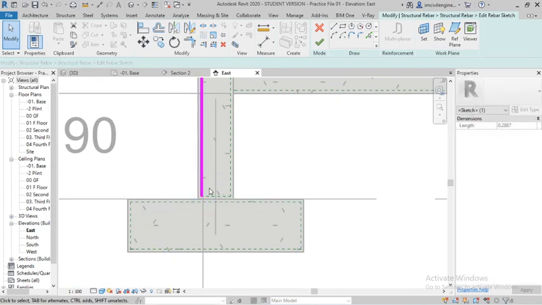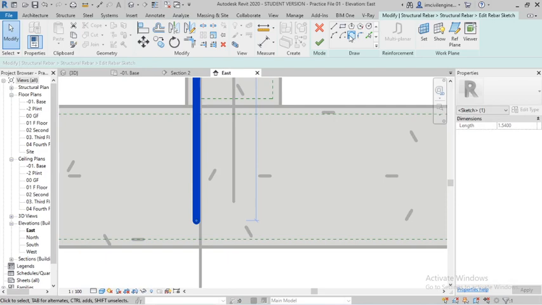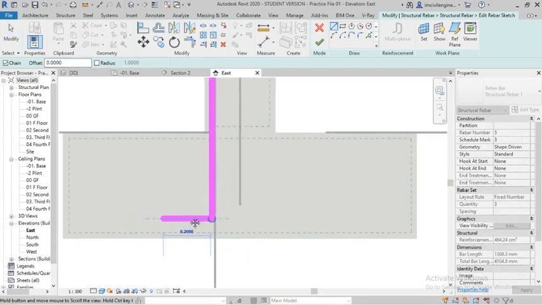So I will delete it, and you can draw and drag this line. Go to any other elevation, you can drag this line and you can draw again. You should draw the lines also.